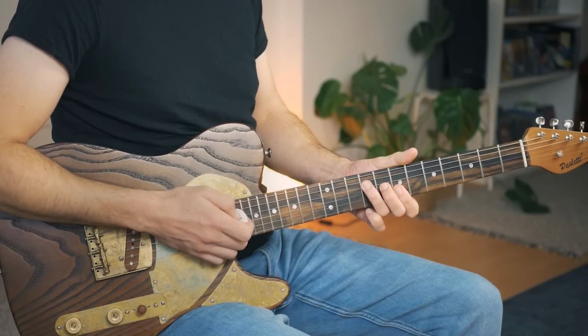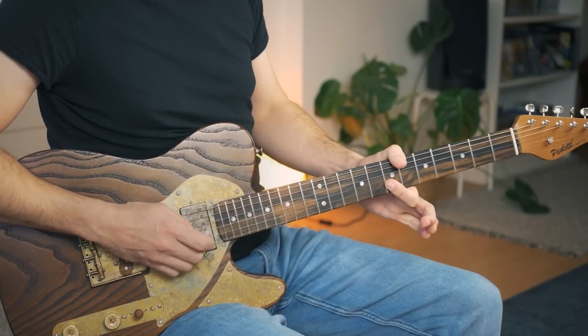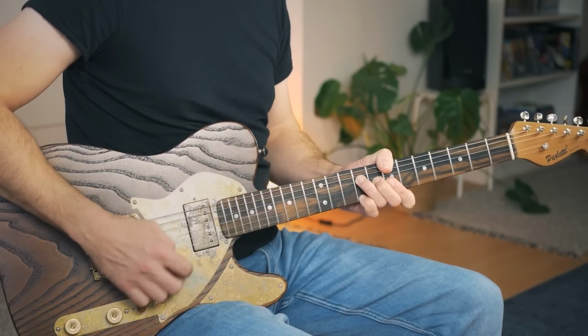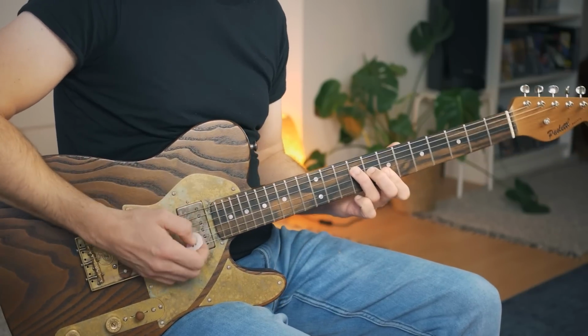Now, in order to do that, you want to switch from using the index finger to this Hendrix style of playing and using the thumb. Muting the A string. And a slight little bar here with the index finger. And that allows me to play that melody. Pinky? It's too much to use this whole B chord, you could just get rid of the thumb. Play it like that. So that makes...